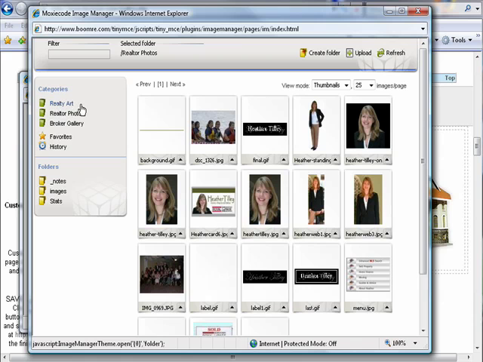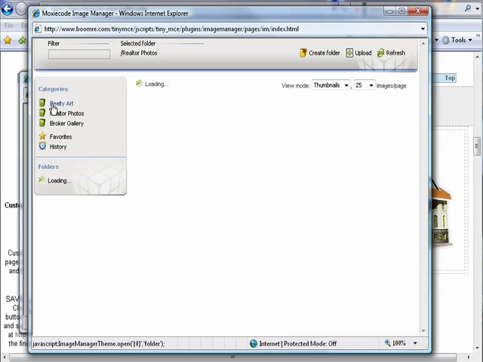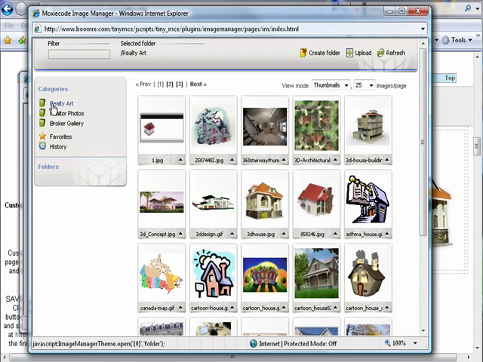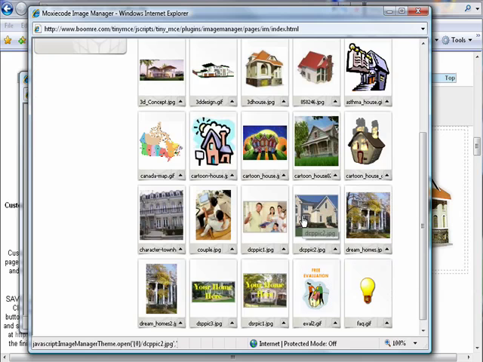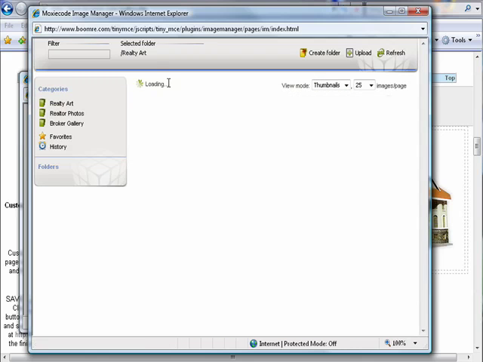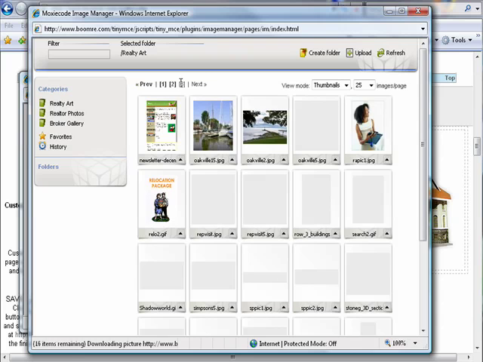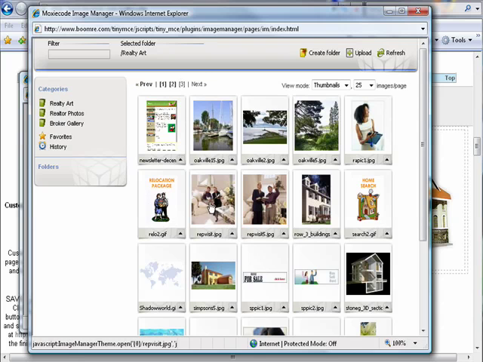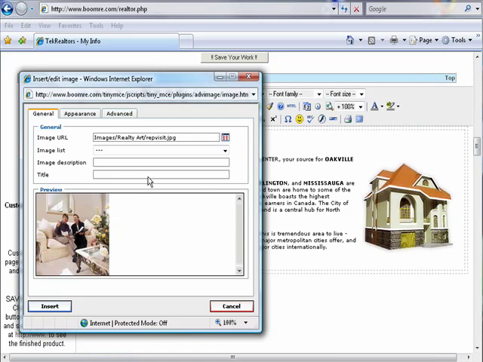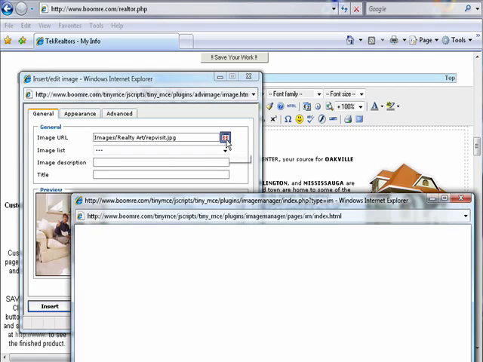But if you look off to the left-hand side of your screen, you'll notice that even if you are brand new to the site and haven't uploaded your own graphics yet, there is a host of Realty Art photographs available. Not one page, but 2 pages and 3 pages. So by all means, you can go ahead and select a piece of art that you might see here. By clicking on it, you'll pull it into the site. Or if you decide that that's not the right one for you,